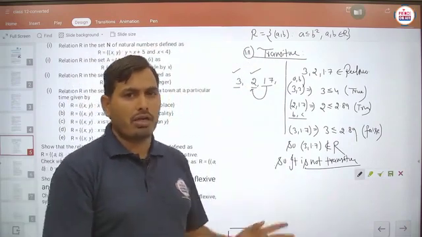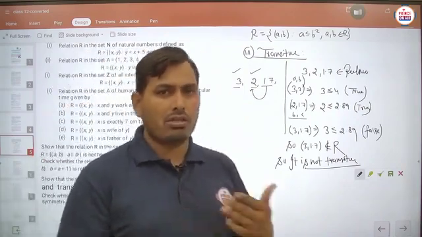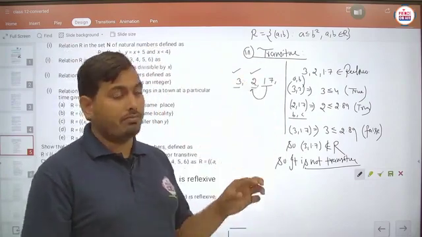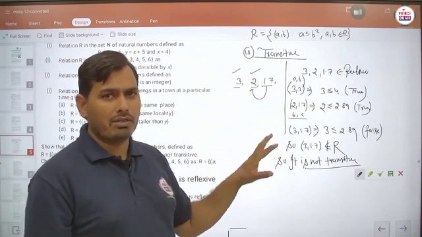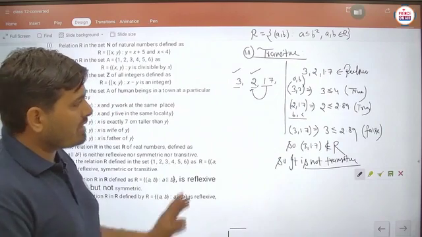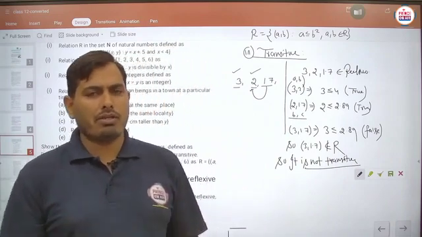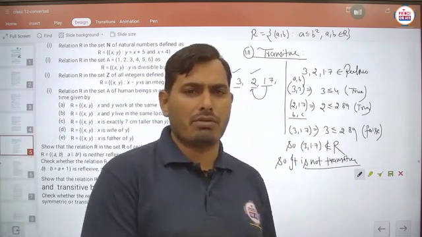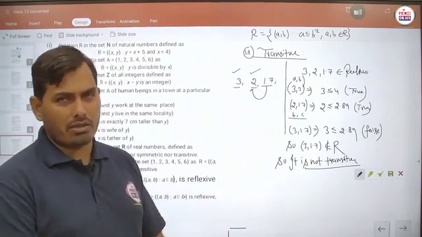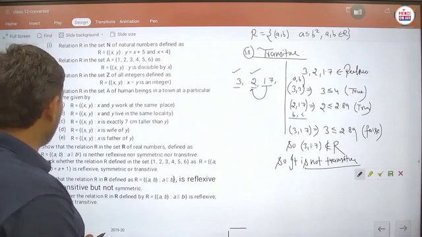One more question is there in your NCERT where we have to discuss this concept again. So always remember this algorithm so that there is no need to learn these types of numbers. Always you can just think about these three numbers. So in this question student, the transitive case is very important. So in this question number 2 student, you can say that the given relation is not reflexive, not symmetric, and not transitive. So easily you can understand the things. Now student, pause the video to note it down. After that we will start question number 3.